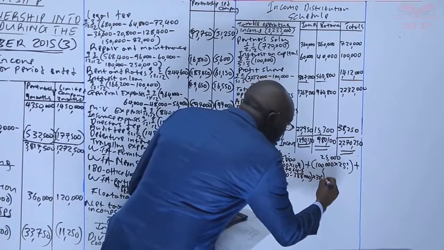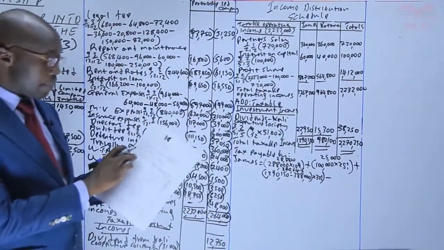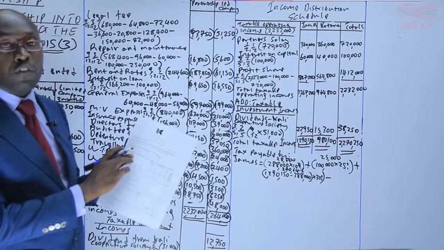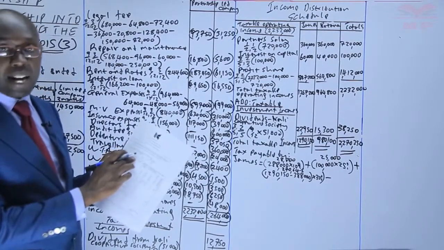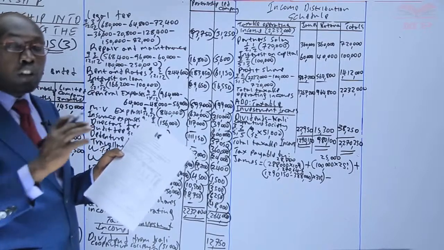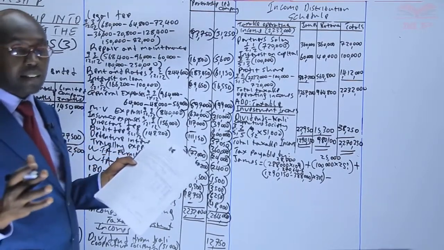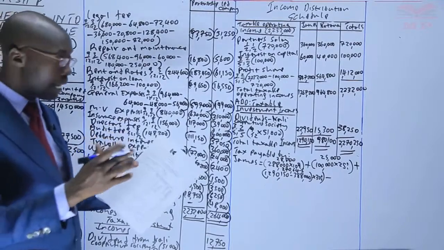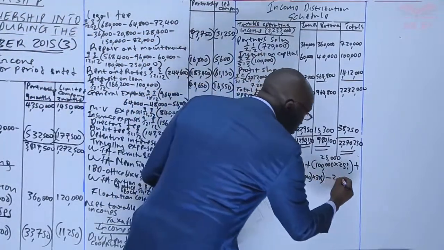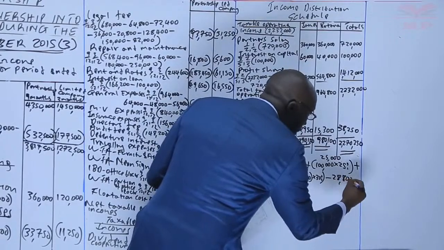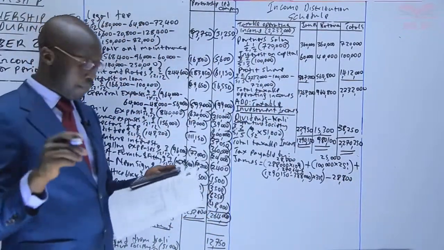Now this one, if you look at that tax table down there, there is a personal relief of 2,400 per month, which is equivalent to 28,800 per annum. If you're taxing for the whole year, you take per annum, regardless of how many months the person earned the income. Like this one was 9, but we take the whole year. So the personal relief reduces the tax a person is supposed to pay. So 28,800 personal relief. Now we need to add the tax and we minus the personal relief.